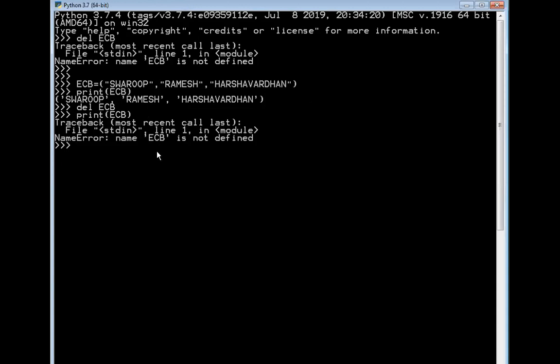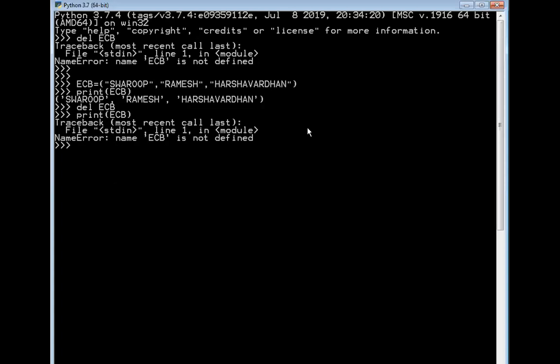What is the error that you will be getting? Yes, the first error. As soon as I started this class, I purposefully showed you the first error, because at that time the ECB tuple was not created and I had used the delete command. Print ECB means even the elements of the tuple ECB are already deleted, so how is it possible to print them?